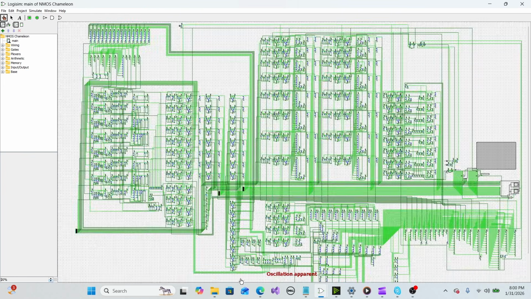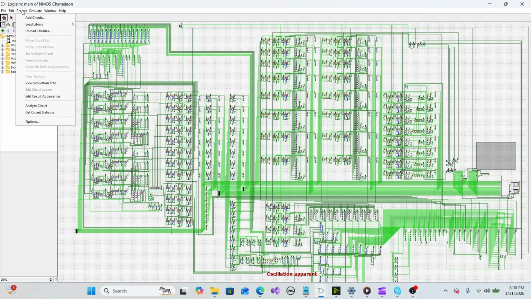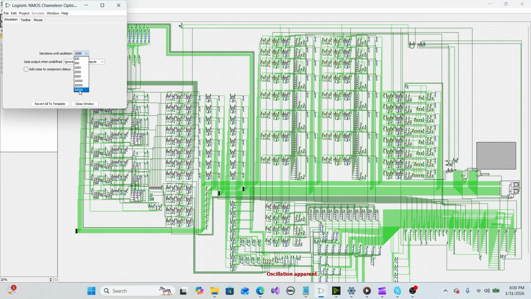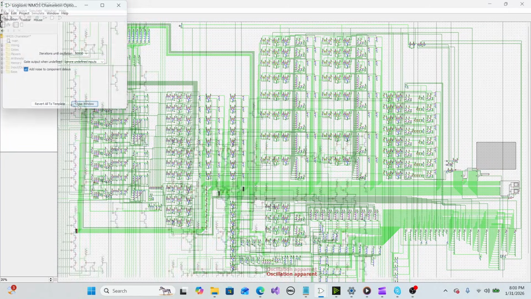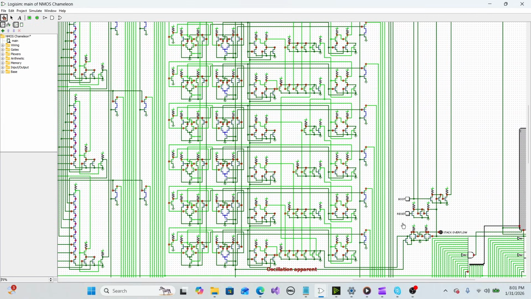Since many of the latches are not hooked up to a reset signal, there is really no easy way to break out of these oscillations. Luckily, I was able to come up with a fairly straightforward workaround. When we open up the circuit, we'll go to Project Options. Then we'll set iterations until oscillation as high as it will go, then check the Add Noise to Component Delays box. Now we can reset the circuit by pressing Ctrl-R, then